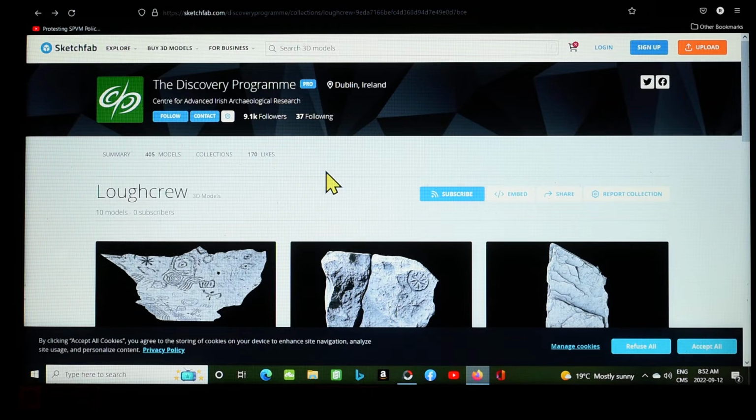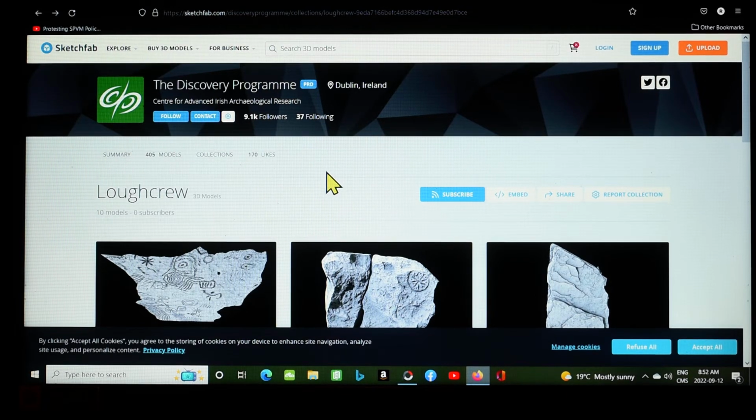And I and others are quite concerned about the condition of the Neolithic, late Stone Age, that is, cairns at Loughcrew, Ireland. They're basically neglected. An important cairn is essentially closed to the public, the passage in it, and maybe deteriorating. So what I want to do is look for solar eclipse symbolism, solar symbolism, lunar symbolism in the rock art,